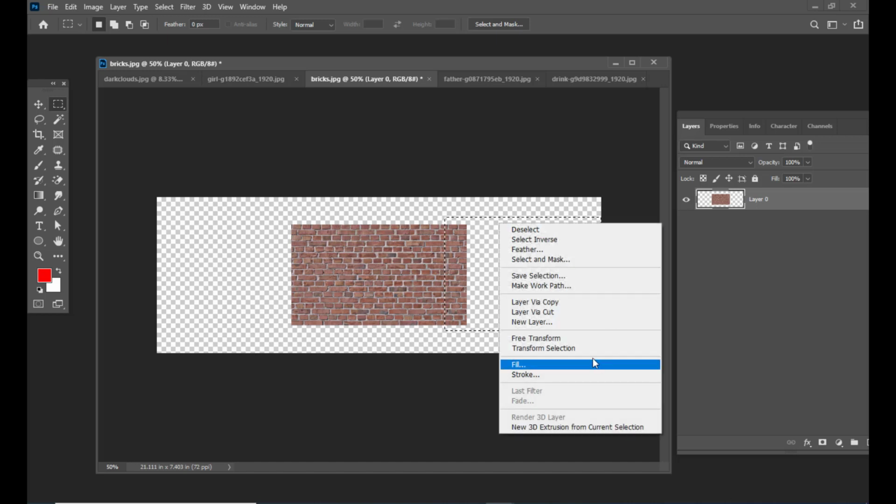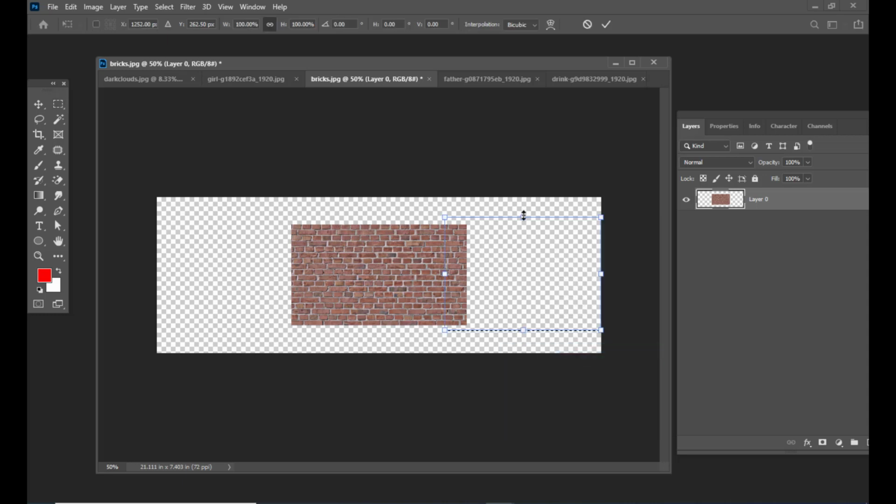I'm also going to use the transform tool to adjust the selection properly so that it is exactly aligned to the bricks image. So we should get something like this, and we'll adjust it a little bit. Right, so now we have a selection like this.